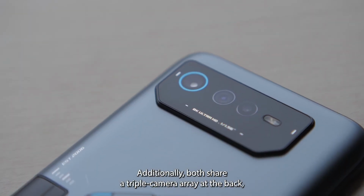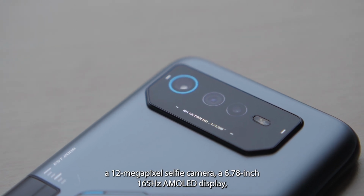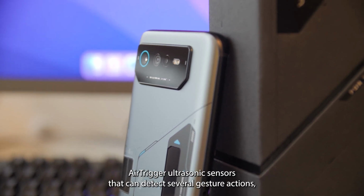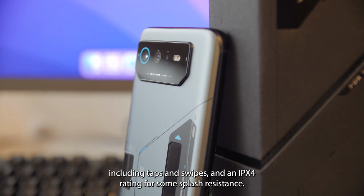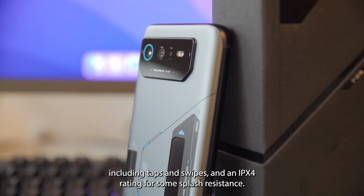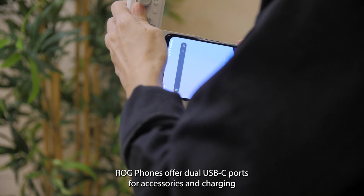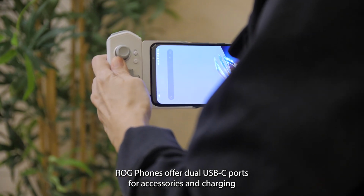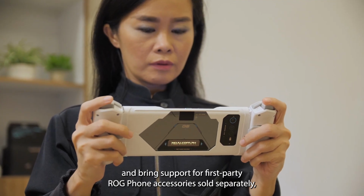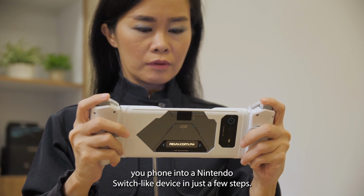Additionally, both share a triple camera array at the back, a 12-megapixel selfie camera, a 6.78-inch 165Hz AMOLED display, air-trigger ultrasonic sensors that can detect several gesture actions including taps and swipes, and an IPX4 rating for some splash resistance. As expected, the latest ROG phones offer dual USB-C ports for accessories and charging, and bring support for first-party ROG phone accessories sold separately,